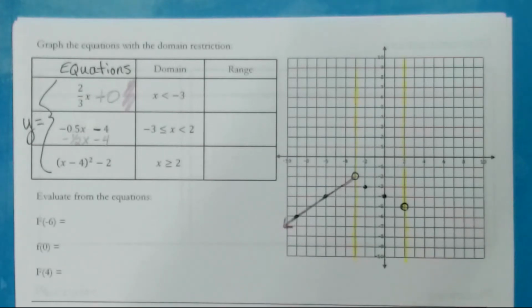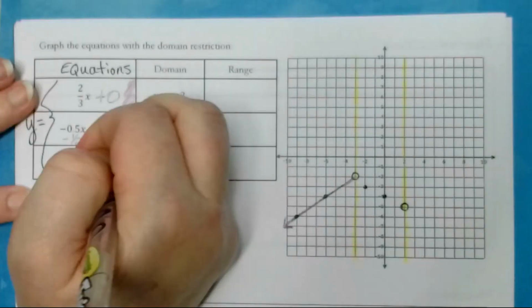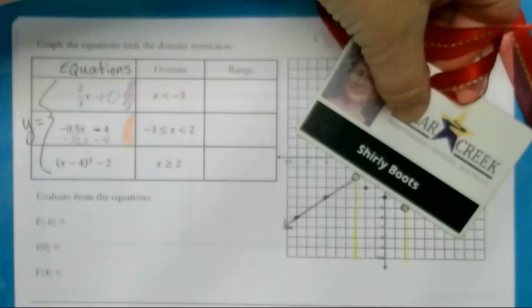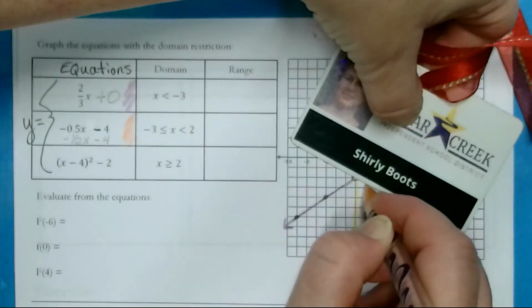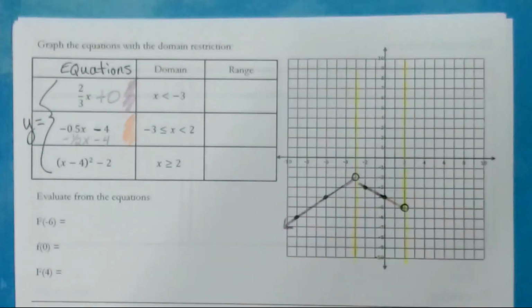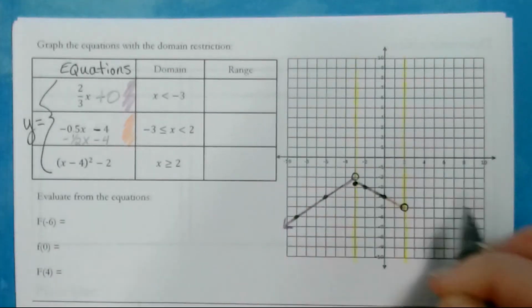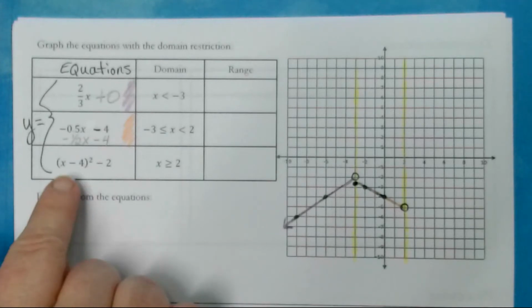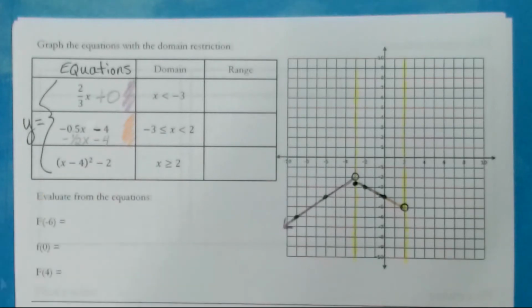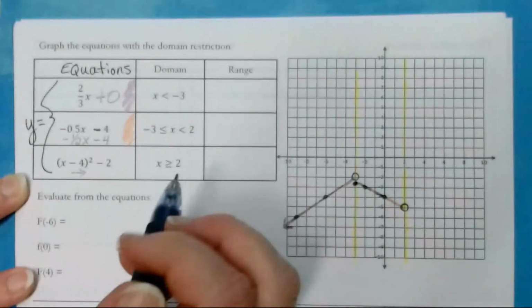I'm going to color this in a different color. And I'm drawing my straight line here. Now remember, my straight lines, when I get to the edge, there's either going to be a solid dot or an open dot. This one's solid. Okay? Now we're ready for our last one. This is x squared. The negative 4 tells us it moves right, moving down 2. So I'm going to go right 4